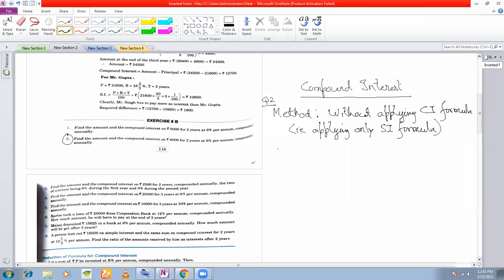So what we are going to do here is, first we are going to calculate the simple interest for 1 year. Since the amount is invested for 2 years, we'll calculate the simple interest for the first year. Okay, then we'll add it to get the principal for the next year, and then we'll again calculate the simple interest for the next year. So let's see, since the amount is invested for 2 years, so for the first year,